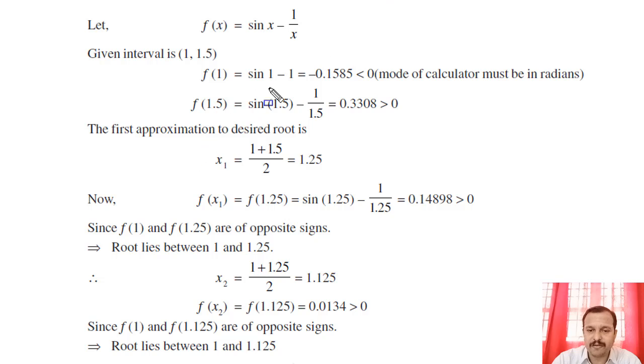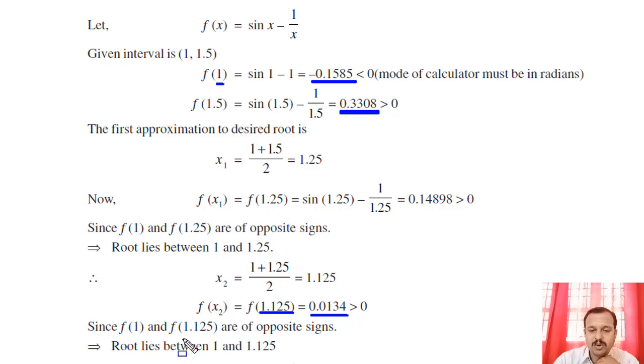Here we got f value at 1 as negative, and later on we got this as positive, and f value at even 1.25 as positive. So now the new value which we obtained, please have a look. The new value which we obtained here is positive. So therefore the root is in between 1 and 1.25. We can conclude that the root is in between